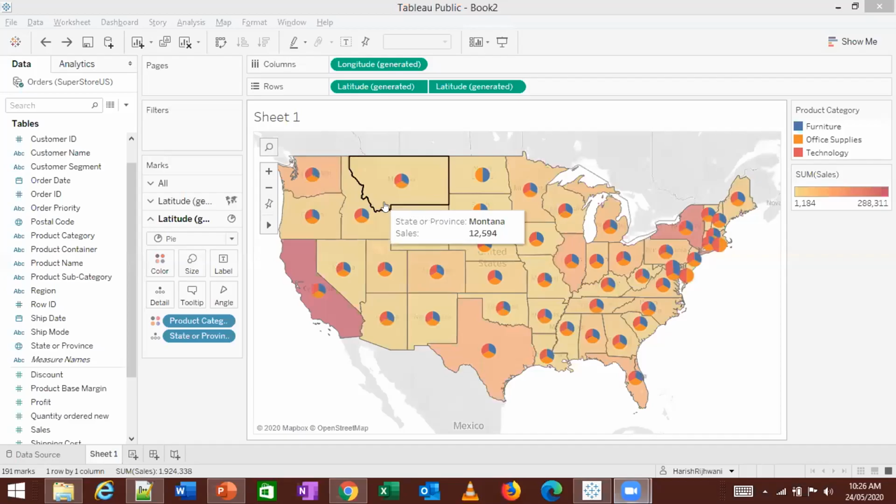Anybody else facing a specific issue? Are you able to get this particular graph that I just showed? Are you able to get this graph?